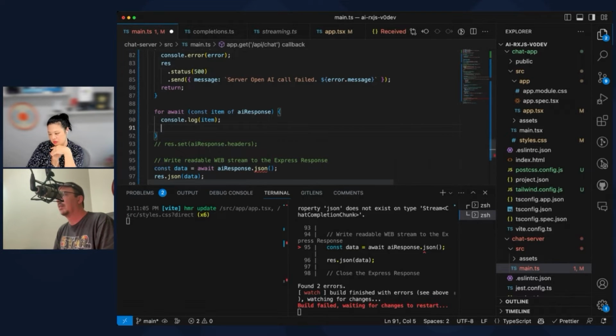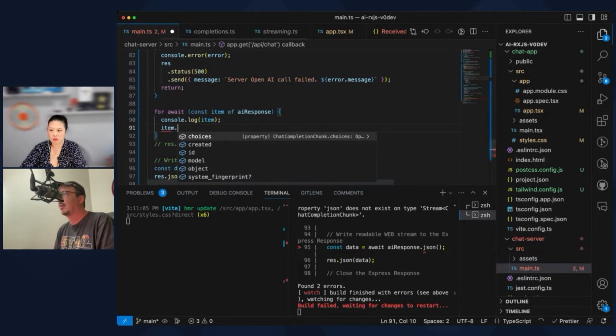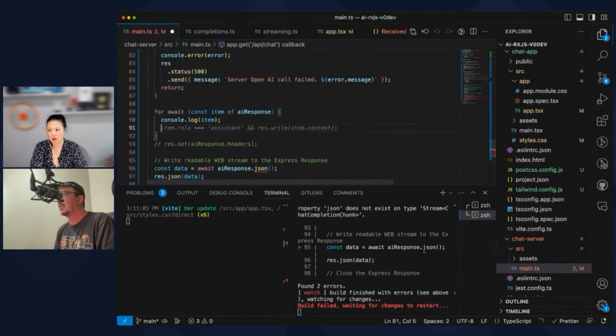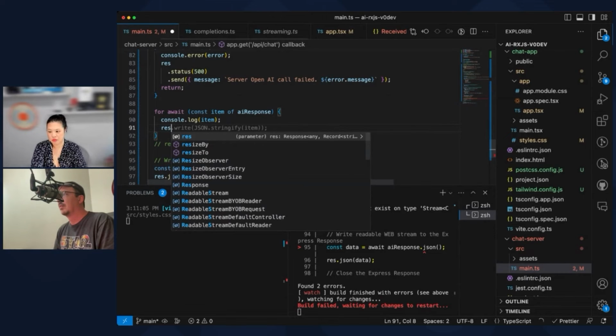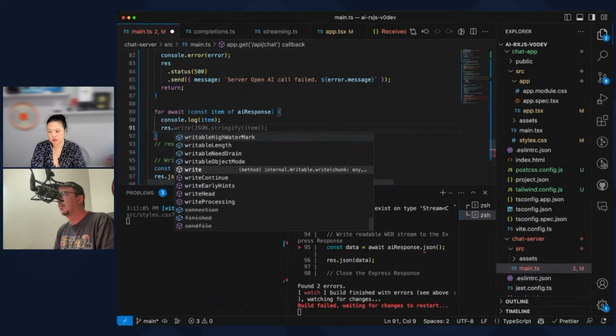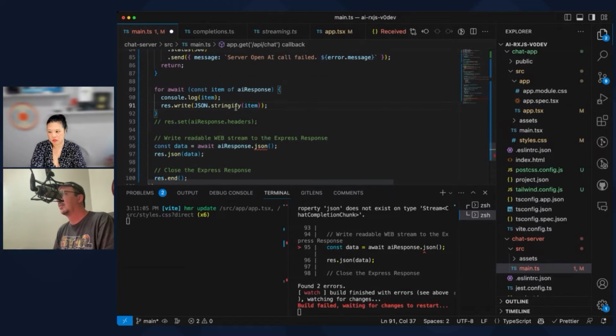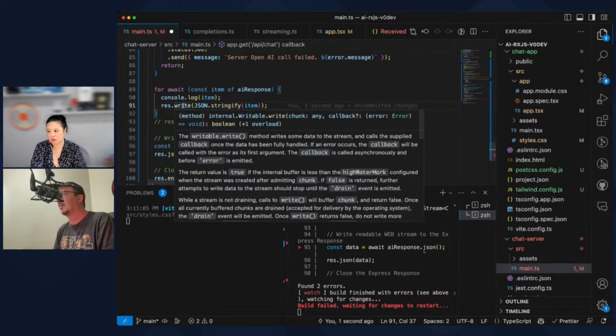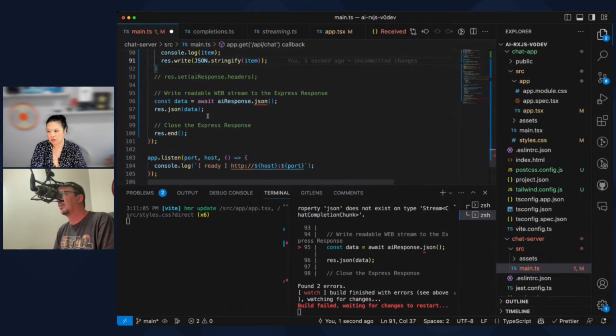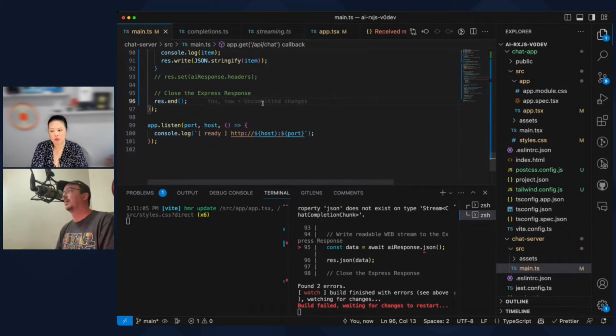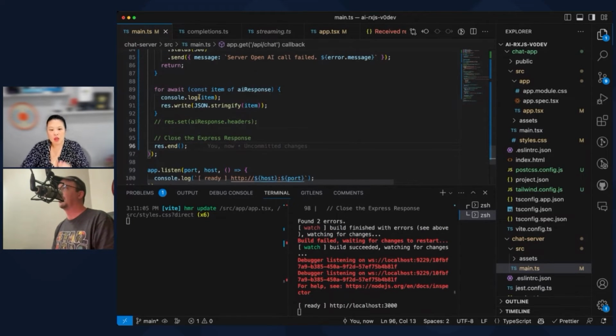And then what is this item having? Choices. Response. Right. So this is going to send back JSON chunks. Super cool. I'm going to have to change things around in the client again, because now it's going to send back these chunks of items, and we'll see what I get out of that.